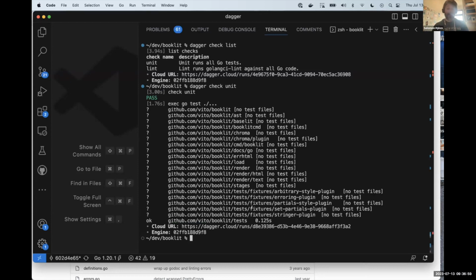The thing is, I don't know how this was set up. I don't have any Go tooling installed on my machine, right? It's all containerized end to end. It's all Daggerized. And it looks like everything's passing. The part that's missing here that I would love to show, but is in another branch, is each test here is in fact an individual sub check. So instead of a glorified shell script,